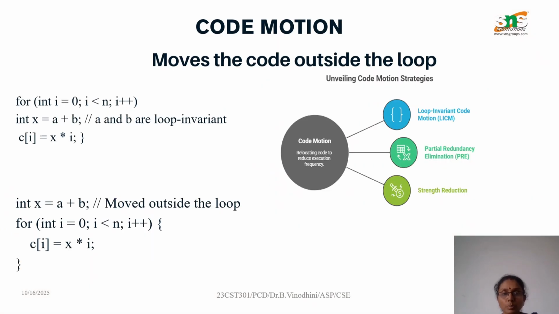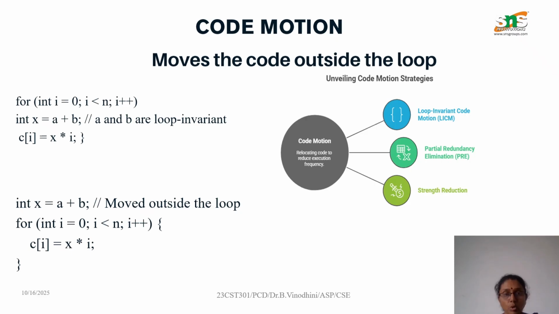What does code motion mean? In code motion, we move a set of code outside the loop to improve the performance of the program. For example, consider you have a for loop. That for loop contains two statements inside it. So in code motion,